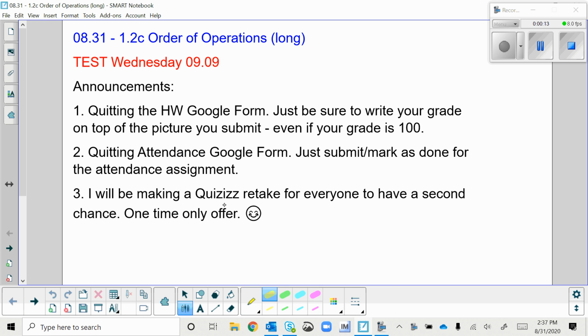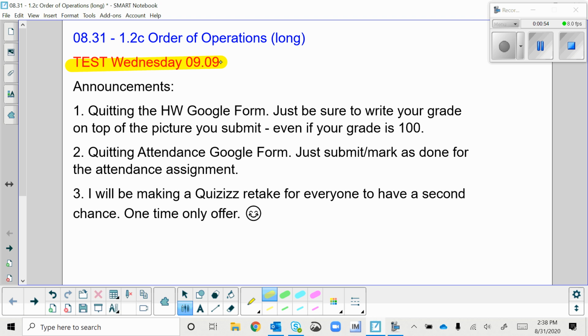Some announcements. You have a test coming up next Wednesday. I already put the test review and key into your Google Classroom if you want to go ahead and start looking at it. The reason why I put it up so early is because we only have 2 more class days before your test. We have this Wednesday, this Friday, and next Monday you don't have class because it's a school holiday. So you'll be coming back on Wednesday and you'll have to be ready for the test. We're not spending any class time working on the test review, so it is your responsibility to work on the test review, look at the key, and then come in for tutoring if you need any help on anything, okay?